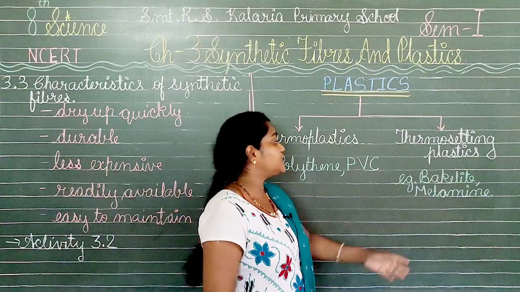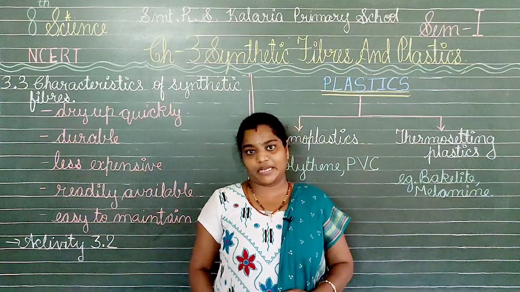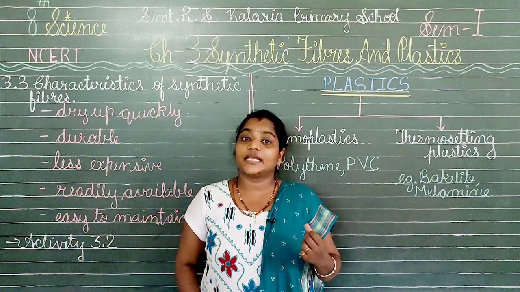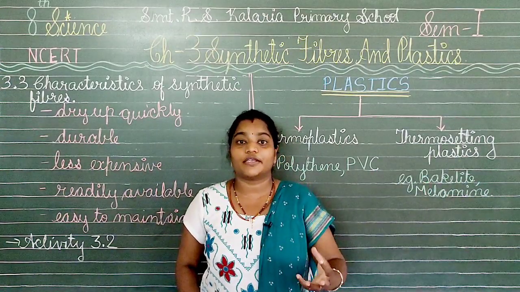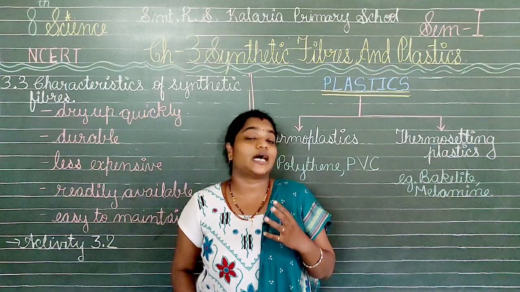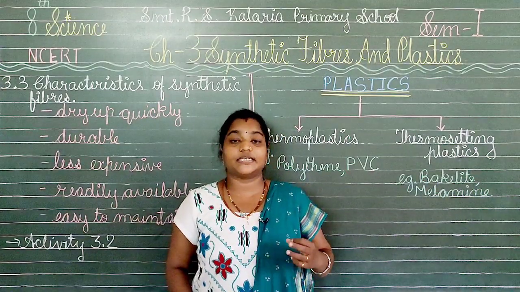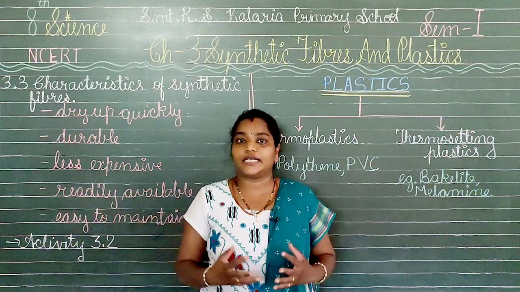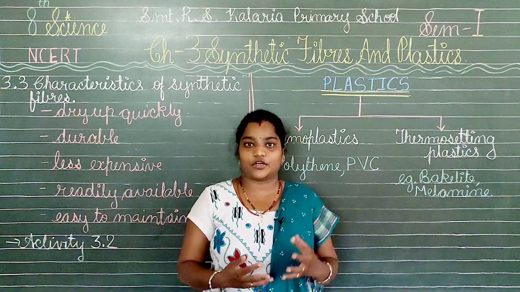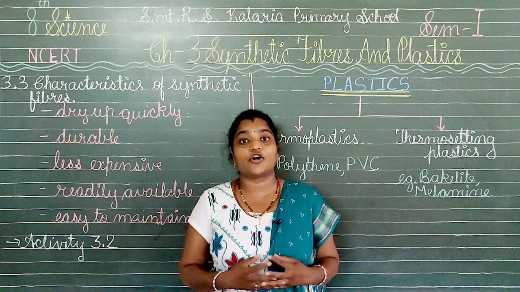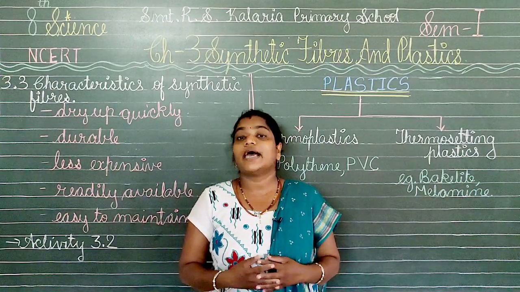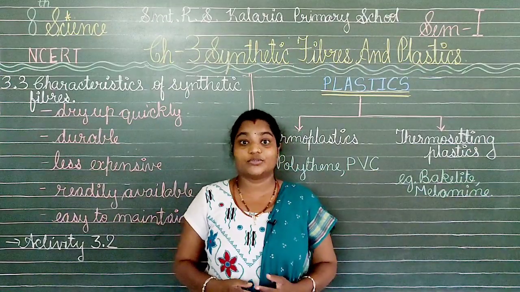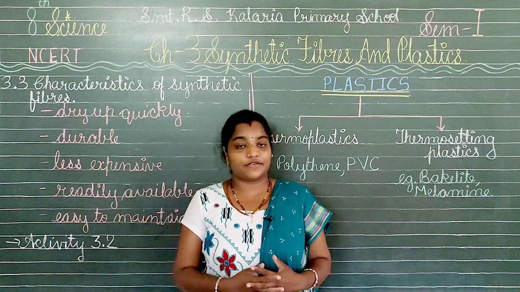The next one we have is melamine. What are the uses of melamine? As we know, melamine is fire resistant and it can protect the material from fire to a high extent as compared to other plastics. For this purpose, it is used to make tiles in our houses and some containers, and it is used to coat wires also. The wire is made with copper internally and then it is coated with the plastic which is melamine. So these are a few of the things that we have studied here.